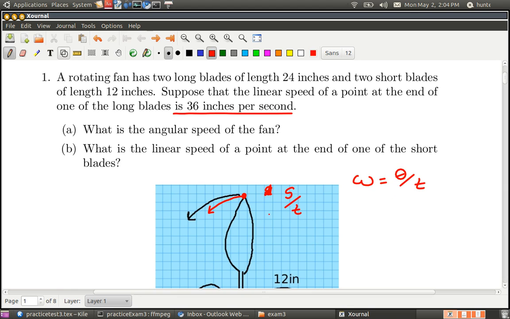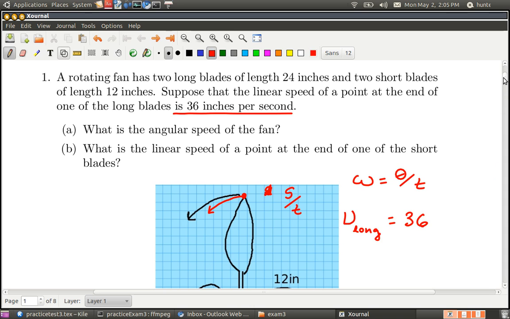Linear speed depends on the radius, but omega, the angular speed, which is radians per time, doesn't have anything to do with the radius, it just has to do with RPMs. So we're given that the linear speed, which we denote by v, for the long blade is equal to